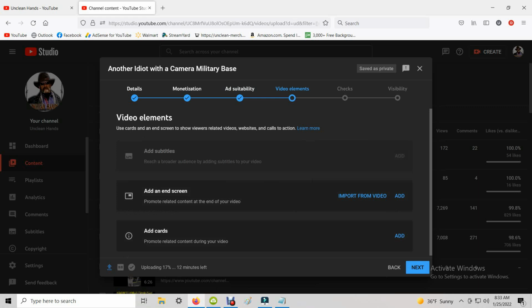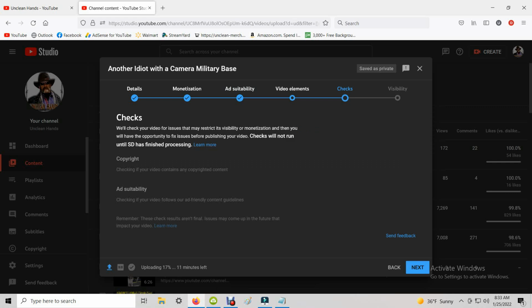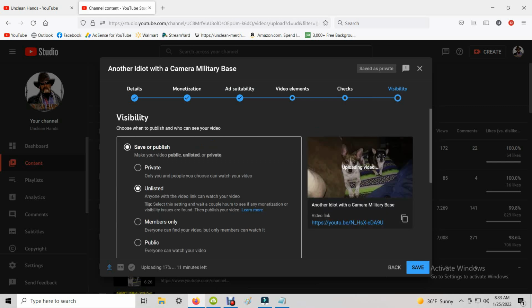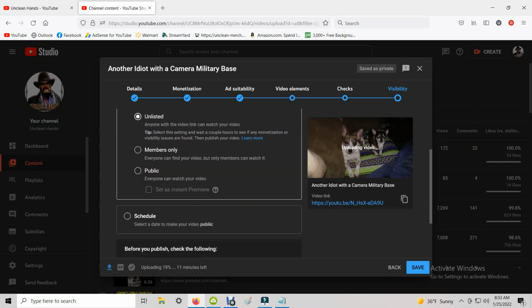Then you hit next. This, I have no idea what this is. I don't bother with this part. I just go through that. Next, next. And this is where you select where you want to post it. I'm going to keep it unlisted, which means it's going to be uploaded, but you're not going to see it until I decide I want to make it